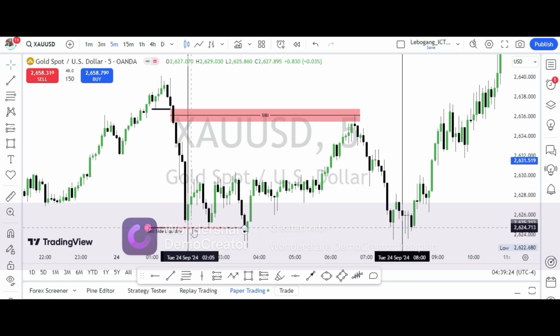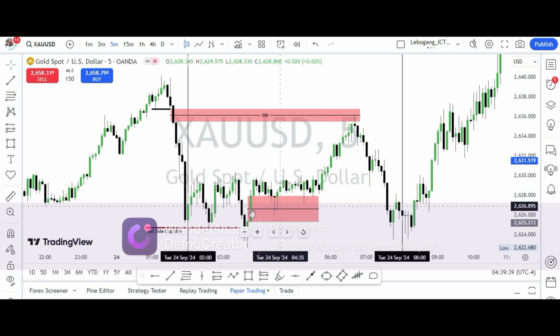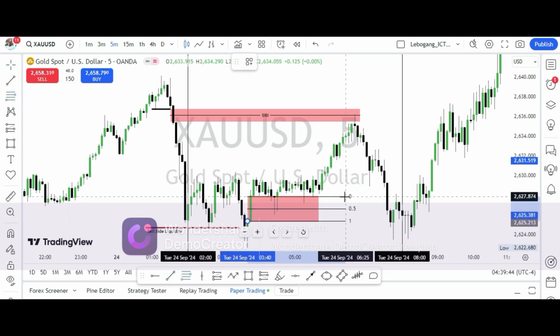And then price gave us this low, and then it went up, and then came back. 1, 2, 3 candles. We look for what? The middle candle. Here's the middle candle. 50% of the middle candle was mitigated, and then we measure our gap,